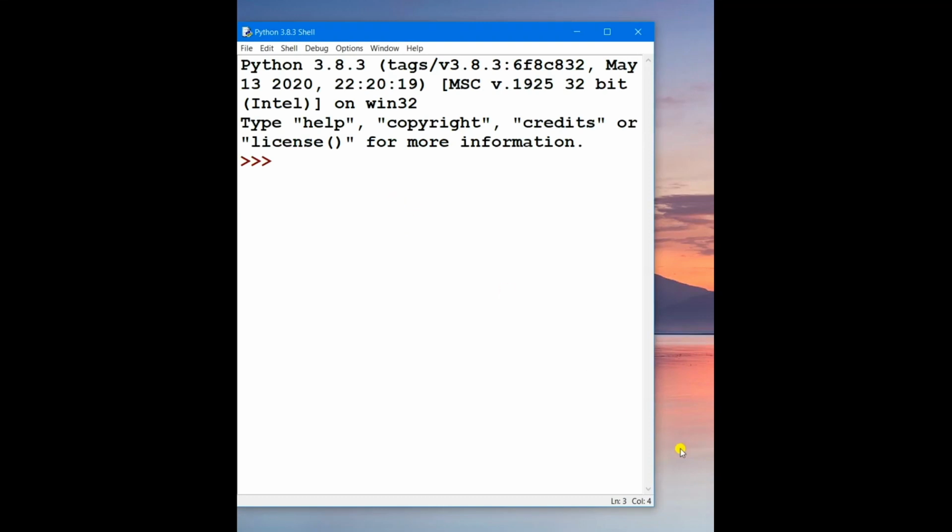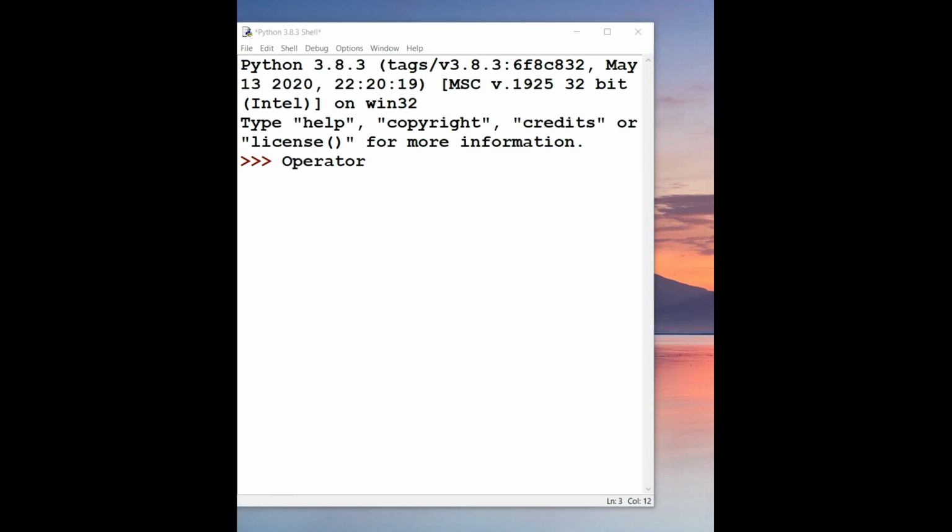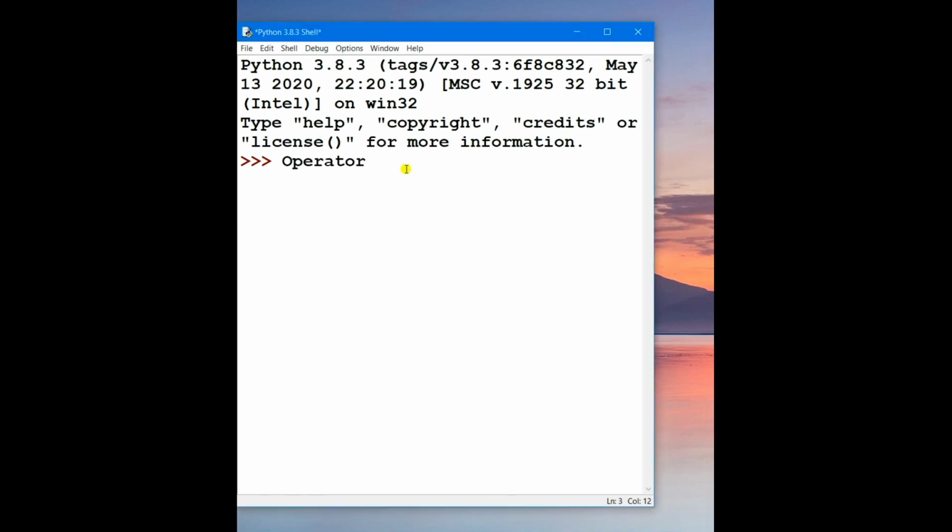So first of all, we will study Python operators. What is an operator? An operator is a type of symbol which performs some operations on values and variables. Alright, both on values and variables. In this section we will discuss different types of operators in Python. Basically, Python has 7 different types of operators. The first of which is